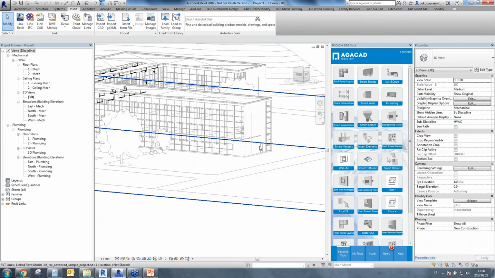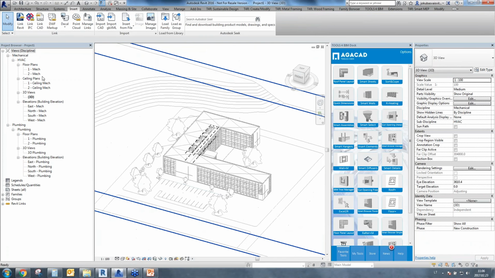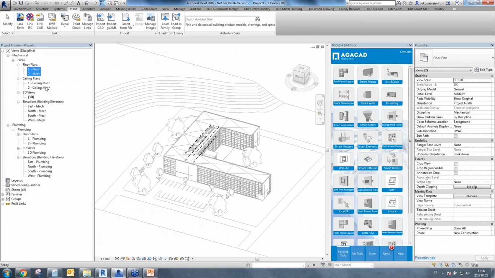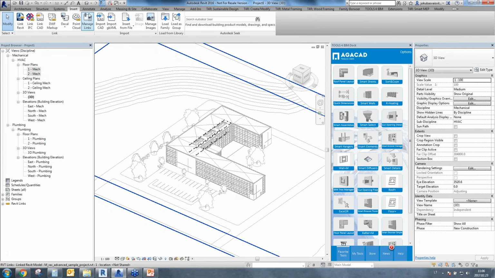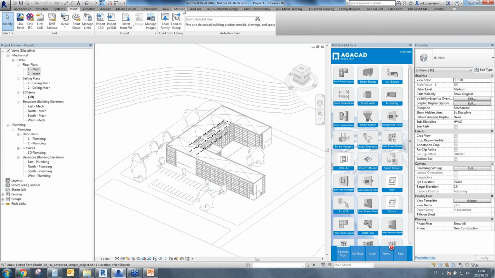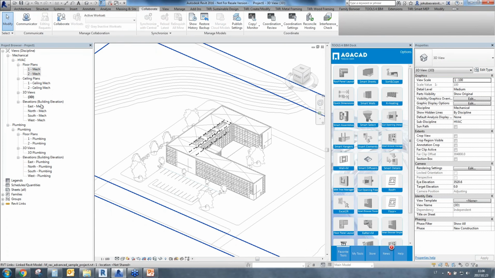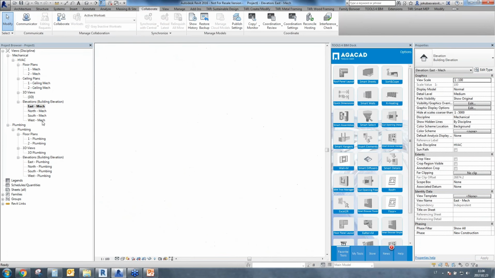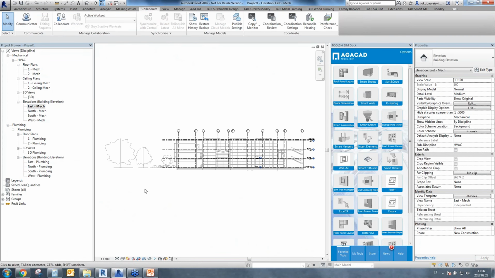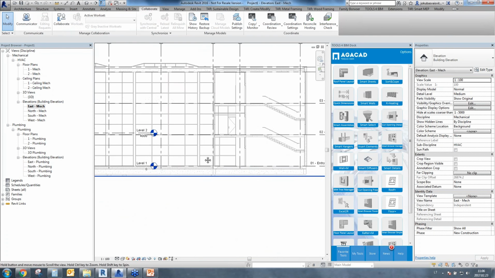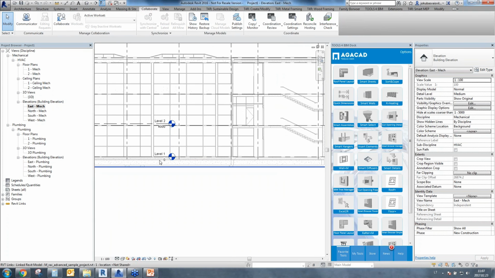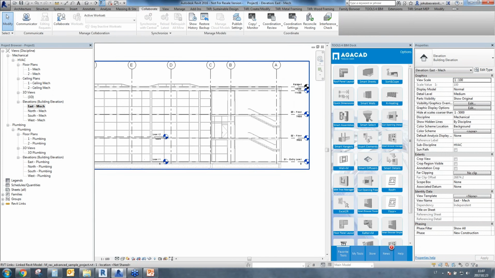I mean, it's a 3-floor building, so I need the elevations as they are in the real model, and I have only my mechanical first and mechanical second floors. So what I'm going to do right now is use the Calibrate tab, and I'm going to copy monitor my levels. I'm going to an elevation, any of these elevations: east, north, south, or west. And as you can see from this place, my first level is at the same position as this one, but the second is not placed